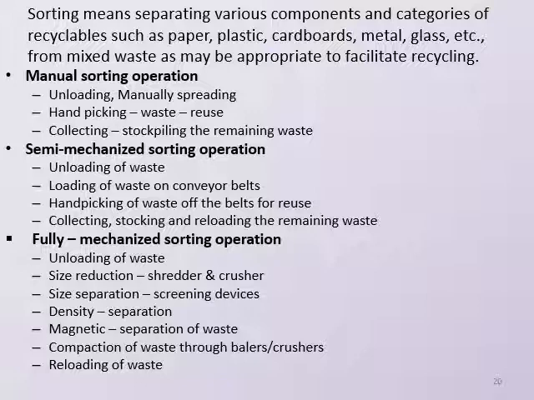All the sorting operations are generally done in transfer stations, not at any factory. A transfer station is an intermediate facility that should be established for collection and sorting operations. So unloading, manually spreading, hand picking of different types of waste according to their reuse value,